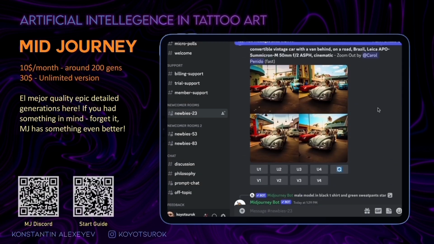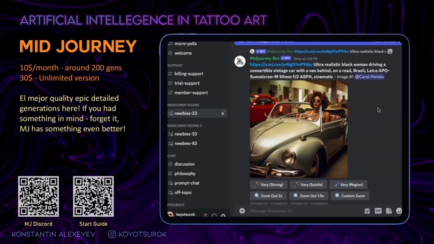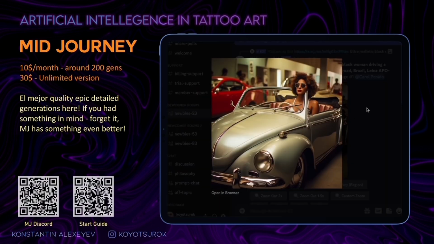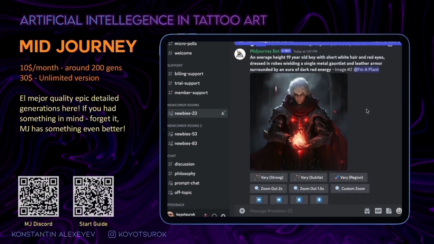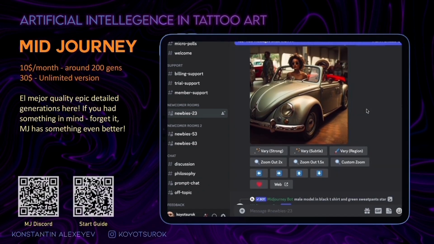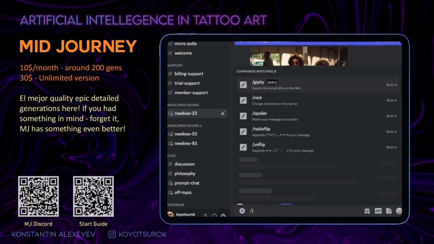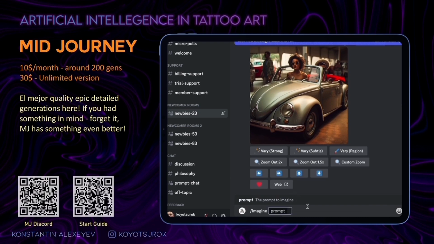Midjourney can make very cool but sometimes rather random results. Often this is enough to get a badass reference for your tattoo. My favorite way to use Midjourney is to generate multiple images and use different parts of each. I combine them in Photoshop and then feed the new image, which might look a little rough, back into another AI app which can polish it and turn it into one cohesive work of art. But it doesn't have to be so complicated.